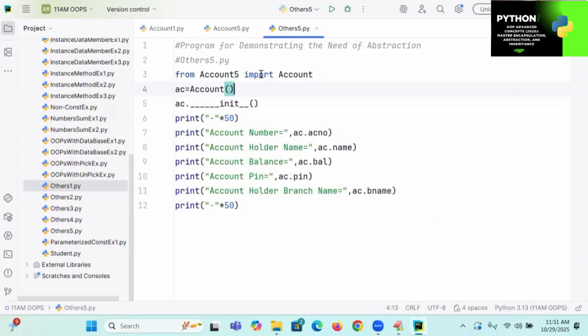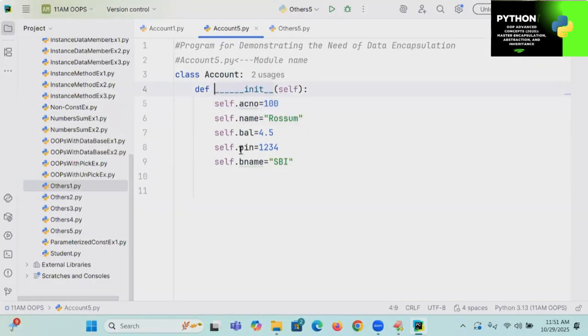So overall, if I write double underscores again, it is not going to hide the constructor. It is not possible to hide constructors. Here I will write it. It is not possible to hide constructors, because constructors are